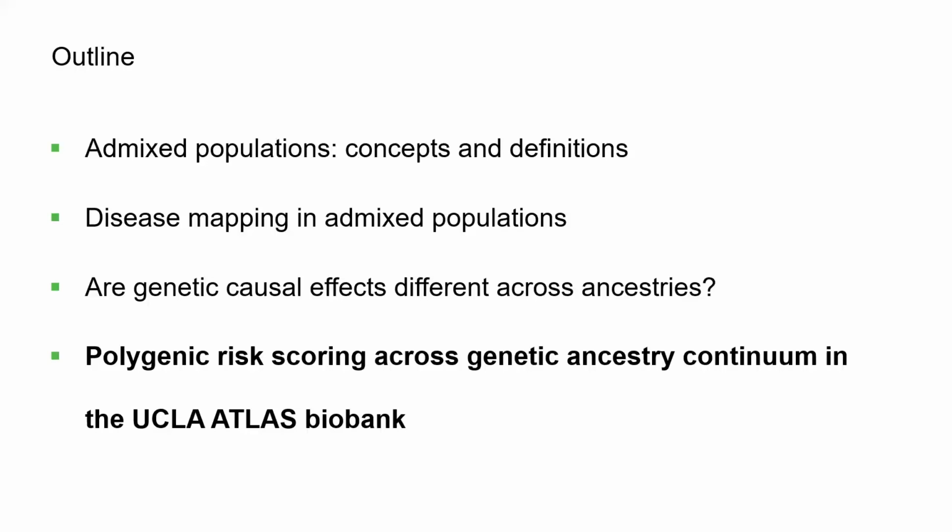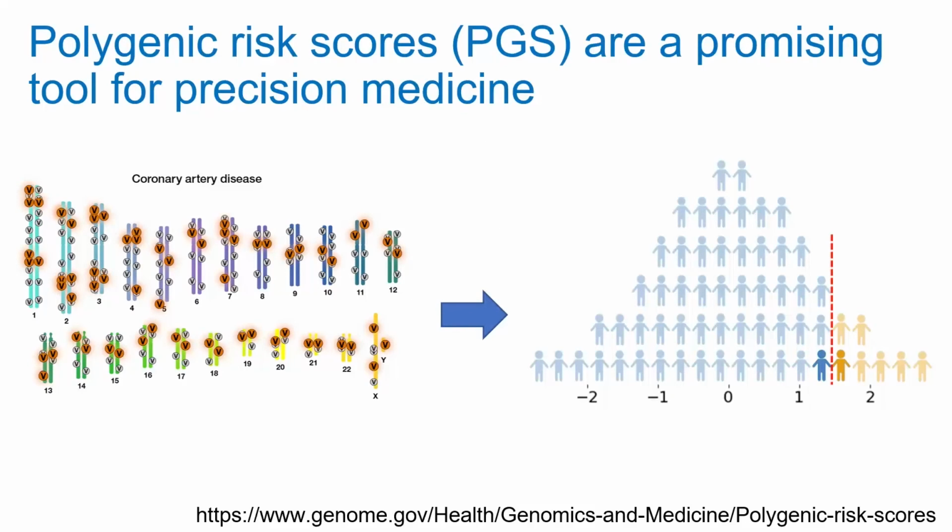If you heard my last statement, there's some inconsistency there. How can just different frequencies contribute to such a low transferability of polygenic risk scores across ancestries? We started to try to unpack that a little bit, and I'll show you how that could occur. I don't want to spend too much time on it. Probably all of you have heard about polygenic risk scores. They're hyped to be the next best thing, the next sliced bread, I guess, in personalized medicine.